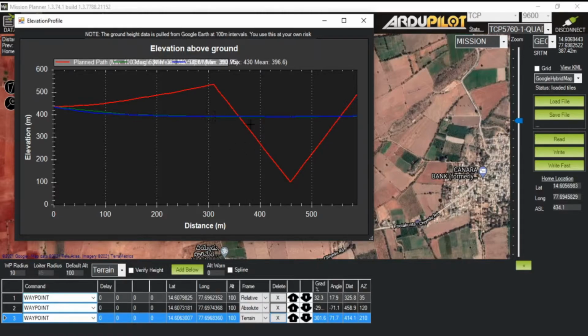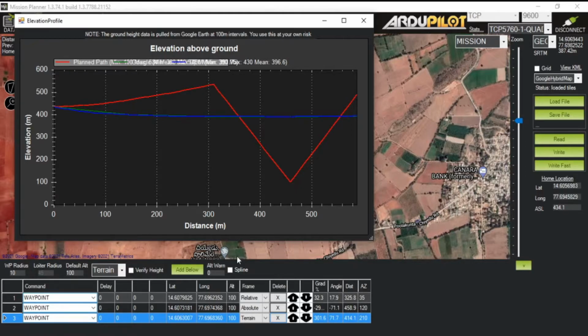So you can see our terrain level is around 400 meter for this particular point, and our drone altitude is under the terrain. So you may see a collision here. Okay, so let's see the third point is here, that is I have chosen 100 meter above the terrain mean sea level. So for this point the terrain mean sea level is around 400, and 400 plus 100, so this is around 500 meter above the mean sea level. So that is how all this frame works.